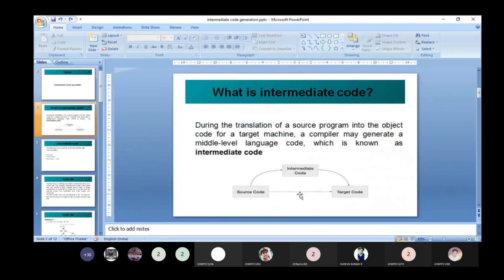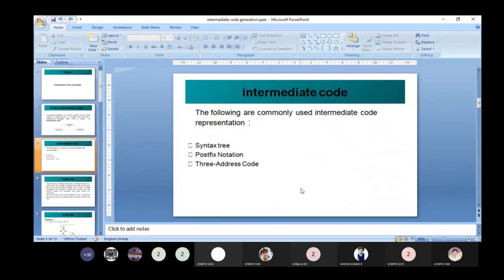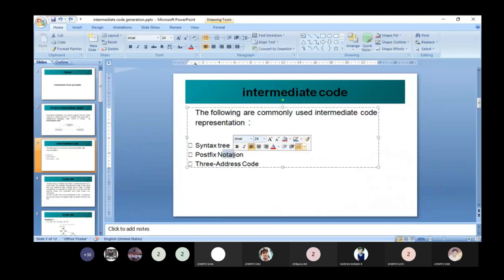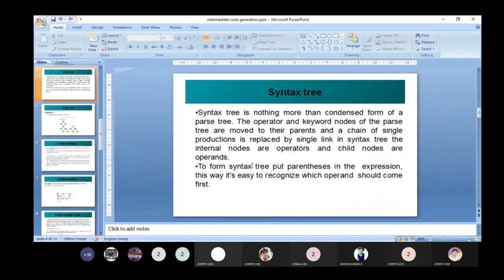There are various forms of intermediate code: postfix, triples, quadruples. But the most familiar one we use is three address code. The various representations are syntax tree, postfix notation, and three address code representation.